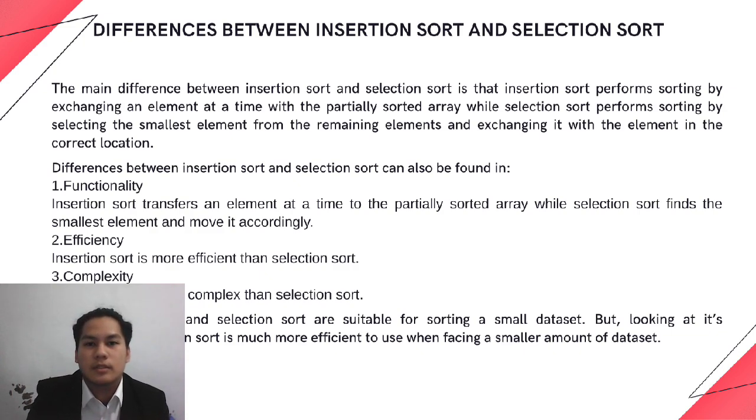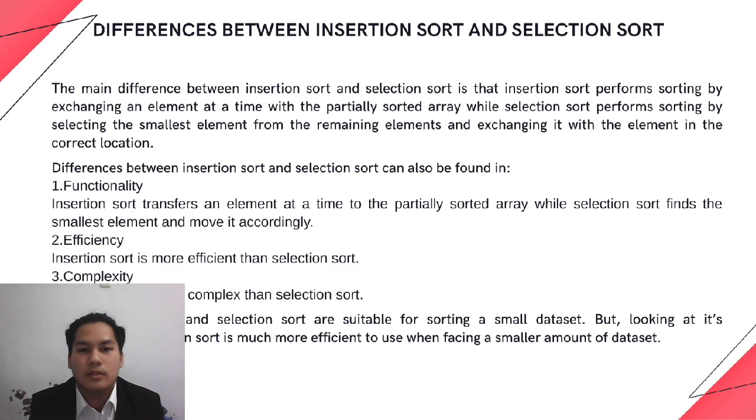Difference between insertion sort and selection sort. The main difference between insertion sort and selection sort is that insertion sort performs sorting by exchanging an element at a time with the partially sorted array, while selection sort performs sorting by selecting the smallest element from the remaining elements and exchanging it with the element in the correct location. The difference can also be found in functionality. Insertion sort transfers an element at a time to the partially sorted array, while selection sort finds the smallest element and moves it